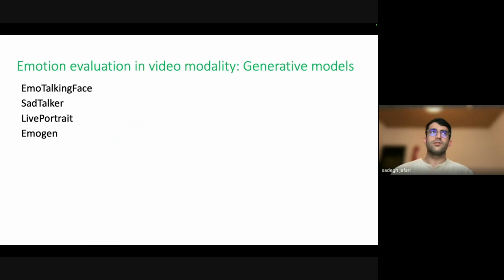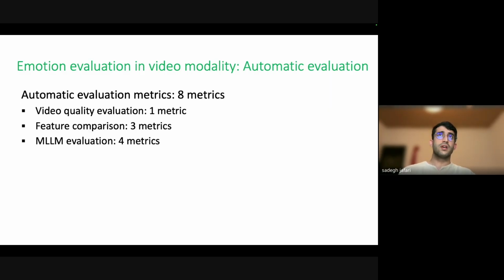And then we have the video modality. For video modality, we chose 4 different emotional video generation models and 8 different metrics. 4 of them are MLLM-based evaluation metrics, and the other 4 are about feature comparison and video quality.